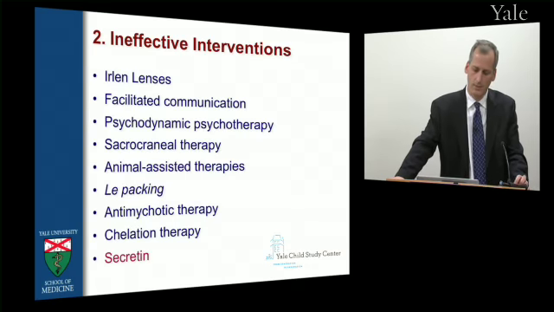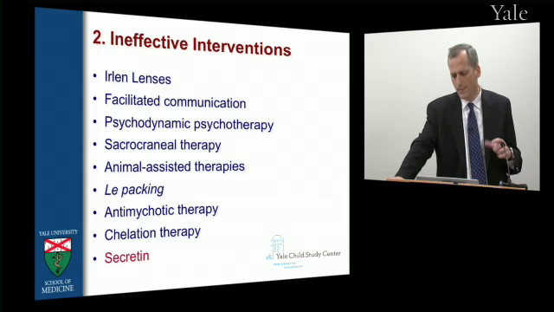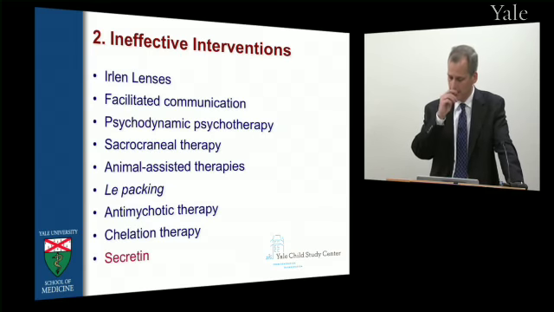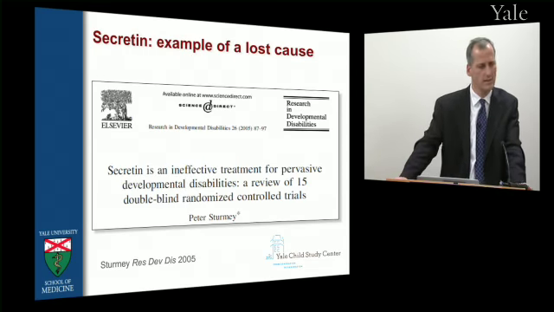Two of the probably more relevant recent ones that may ring some bells. One has to do with the whole controversy about vaccination and autism, and about these efforts to use chelation, chemicals, medications to chelate, to bring down the allegedly abnormal levels of heavy metals, for example. These interventions can in themselves be quite dangerous, and there have been at least a couple of deaths associated with the use of these chelator treatments. Now, secretin I highlighted here because although it's a treatment that has been proven ineffective, and I won't go into all the details of what it is and so forth, just to say that it's been ineffective,